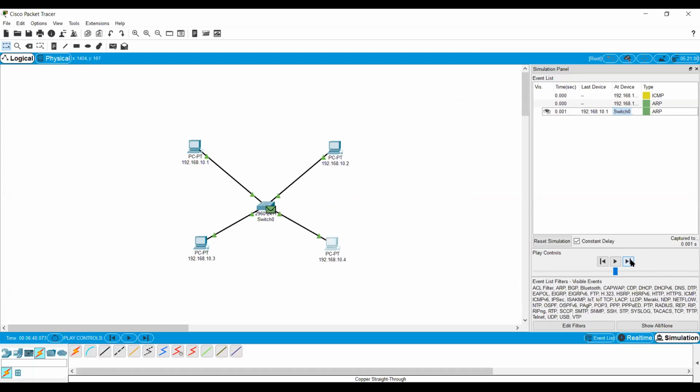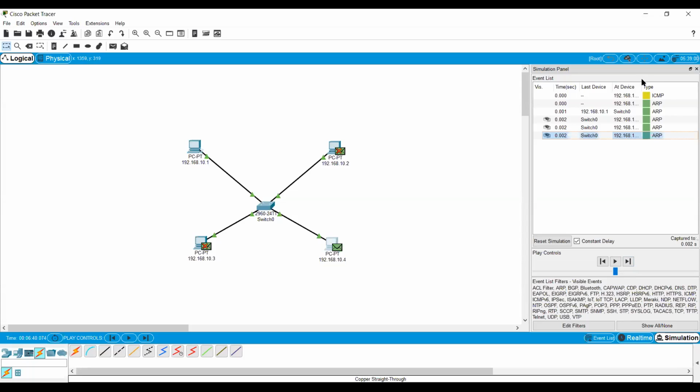Okay, so just close it and again click once on the forward button. You can see here that now this ARP request is sent to all the devices. 10.2 gets it, 10.3 gets it, 10.4 gets it, but who accepts? Only 10.4 will accept. What's the reason? Because what is our destination IP? It is 10.4. What have we set in the ping? 10.4. That's why, who will accept the ARP request? Only 10.4 will accept. Everyone receives the ARP request, but only 10.4 will accept.